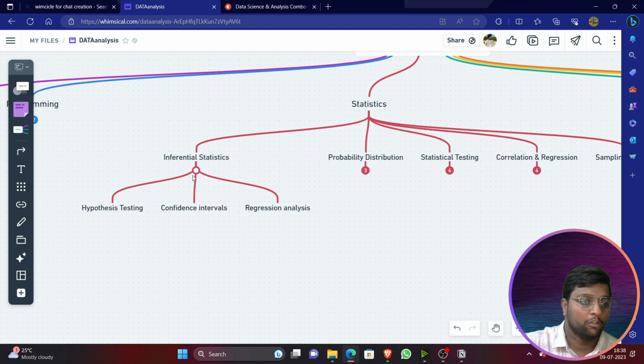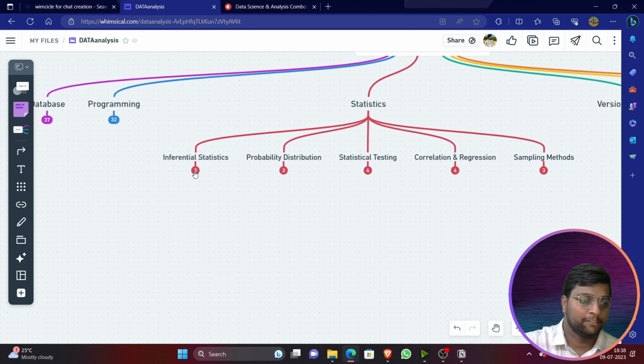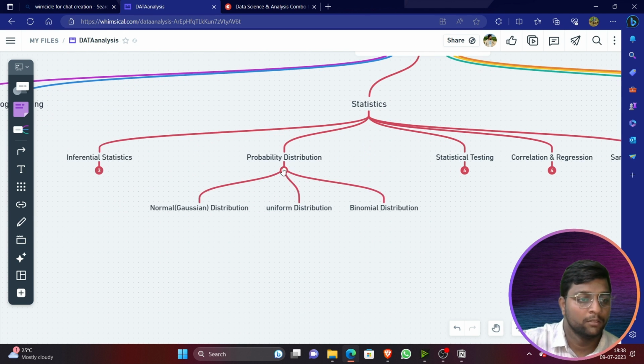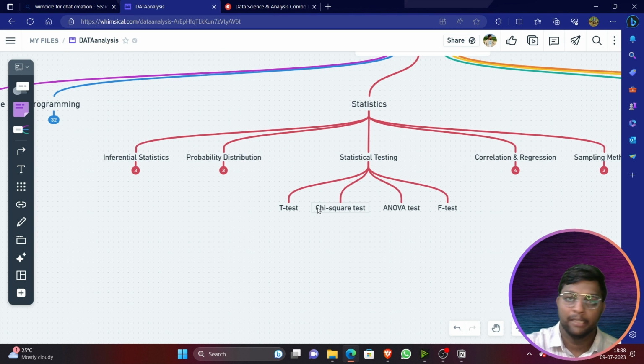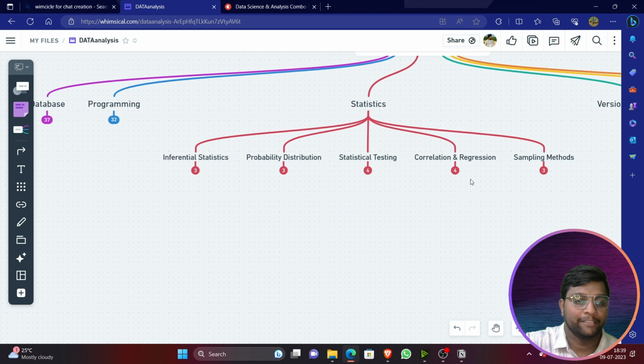All these things you should know. Testing and analysis techniques you should know. And probability, like Gaussian distribution, uniform distribution, binomial distribution. About all these distributions you should know. When it comes to testing: t-test, chi-square test, ANOVA test, f-test. So you should know all these testing techniques.